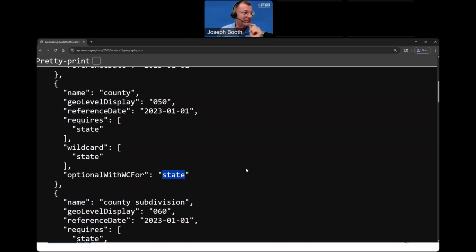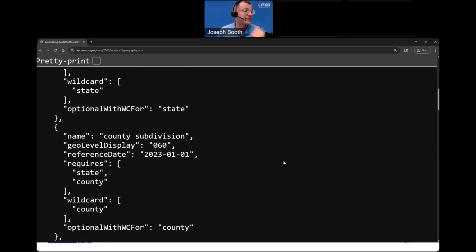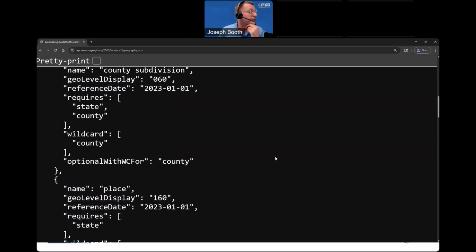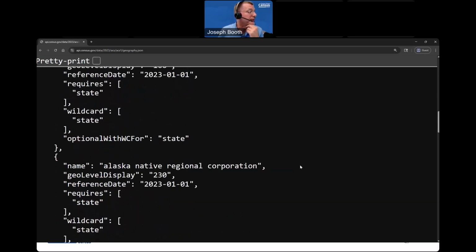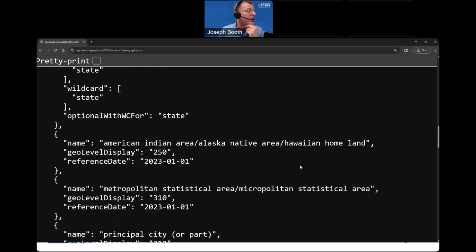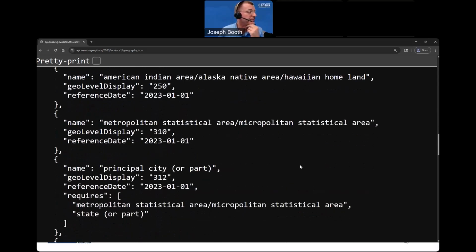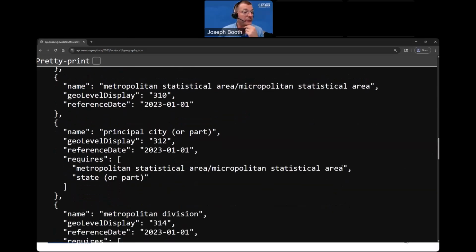So if you are using that as your endpoint to create an additional call, just know that only for the wildcard do you get the state for free. If you define a value for your county, you have to have a state, right? So 049, I had to put the state of 01. And here you can keep scrolling down and you see these are all the required fields. These are your optional wildcards. And this is a good way to quickly see, oh, hey, this requires a certain value for a field. And here you can see these things are very long.